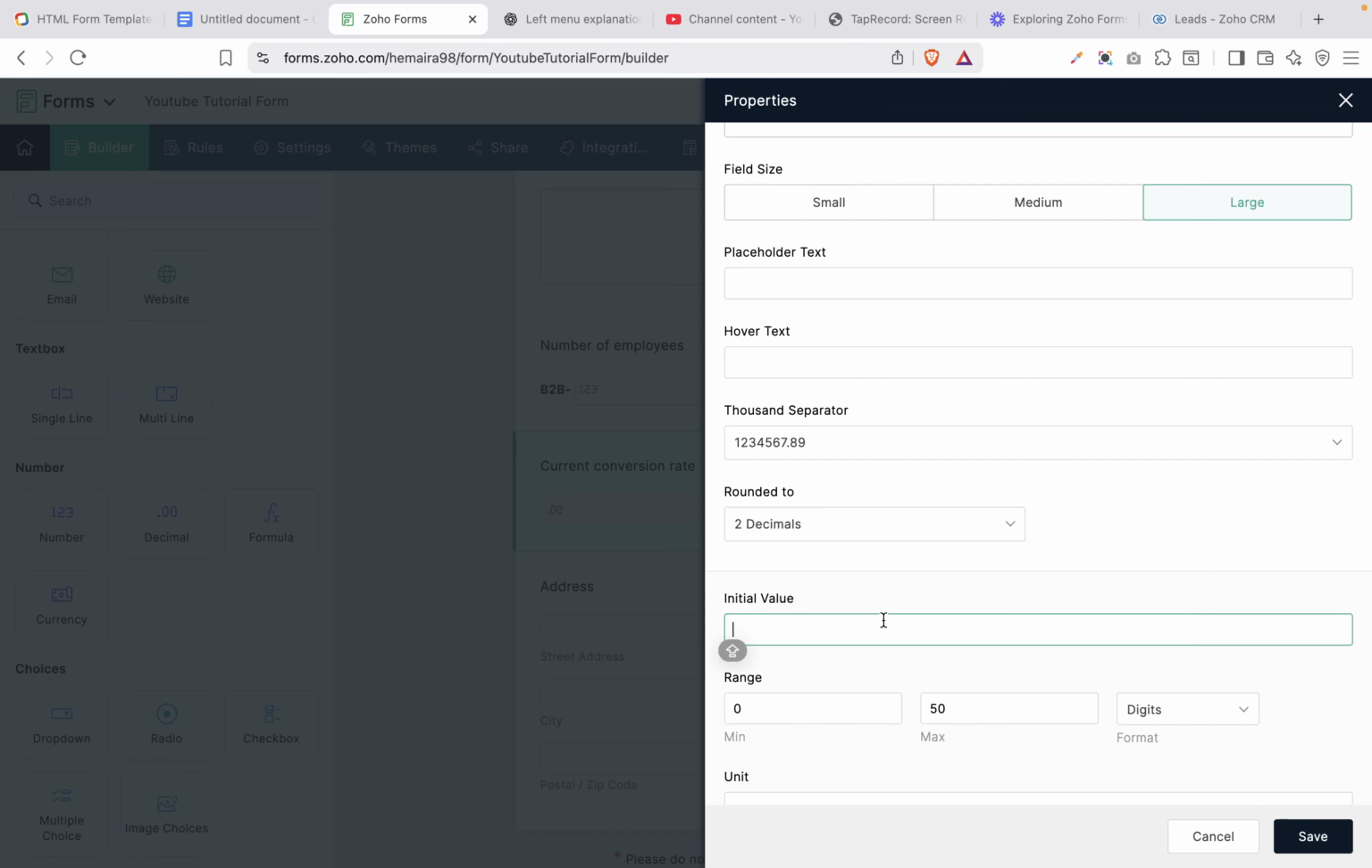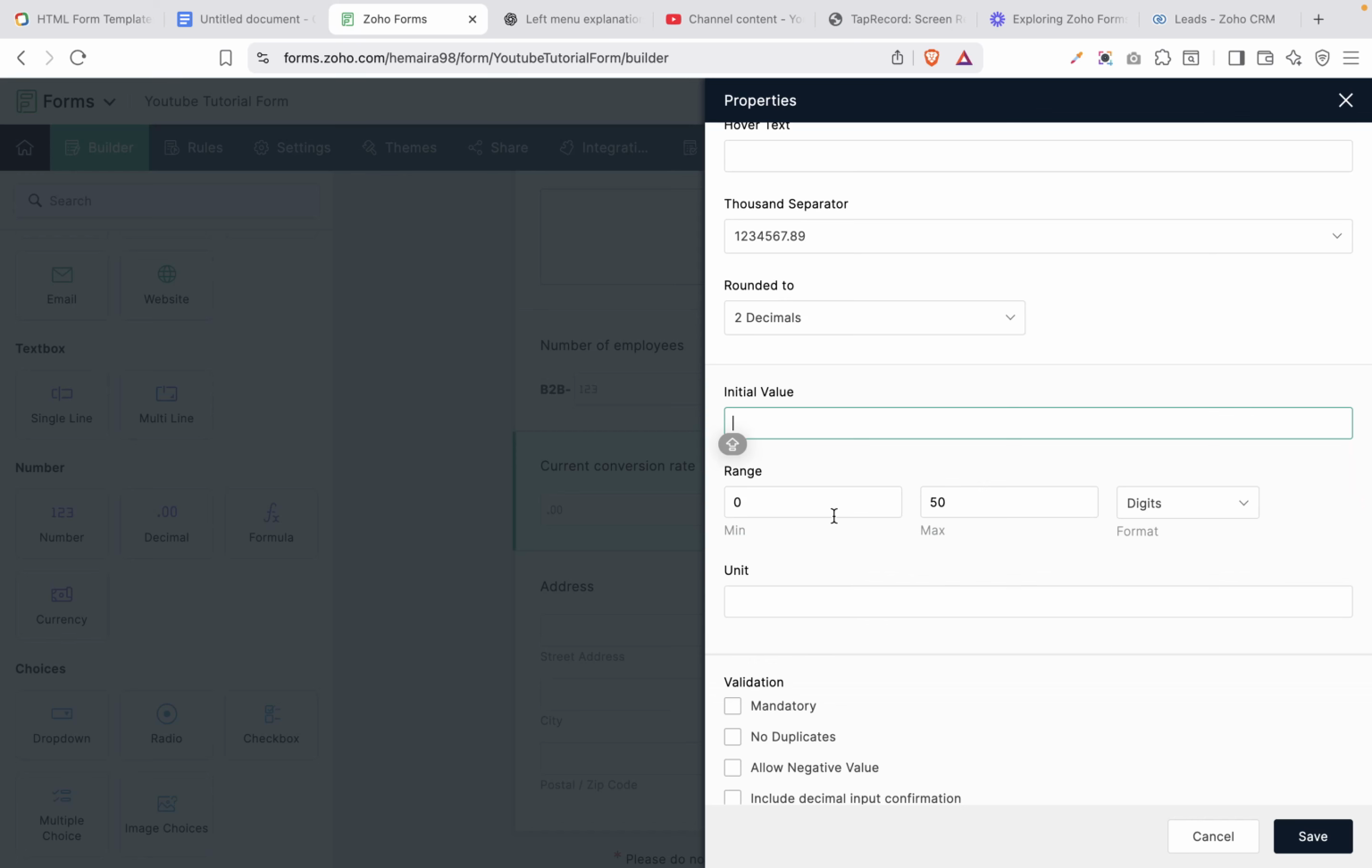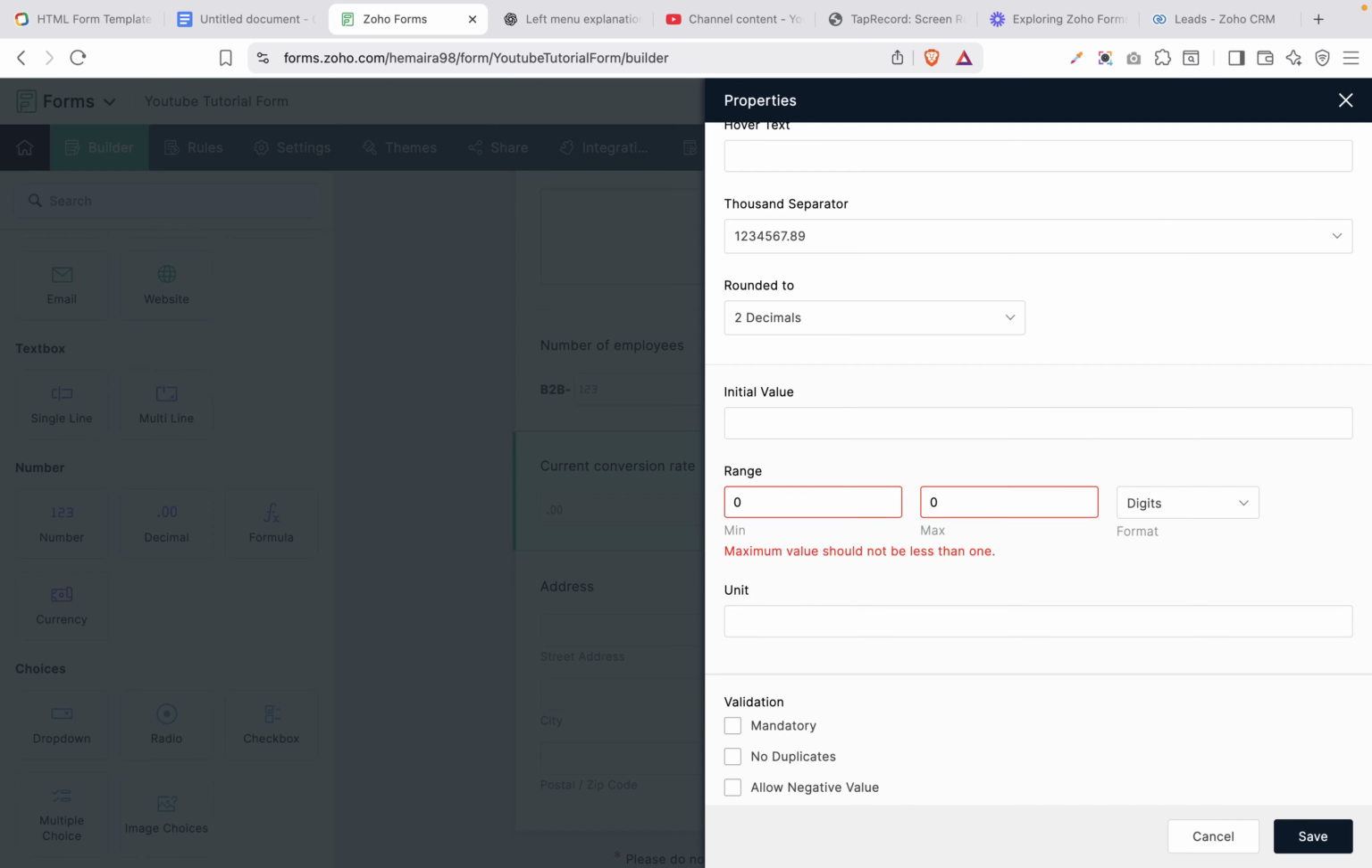When they click on the form, they are going to be able to see the initial value, and they can erase it and put in whatever they want. You can also decide that you want the range of this number or these digits to be from 0 to 50. You can also decide to reduce this to 10, and since we are using a conversion rate, and it